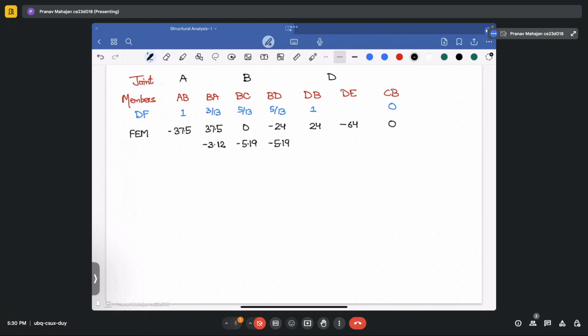Now this 5.19 will then be carried forward to DB and CB. So that will be minus 2.6 and minus 2.6. So these are the carried forward moments. Now I am writing directly because it would be easy for me then to solve the problem. So after the first stage, the values here,